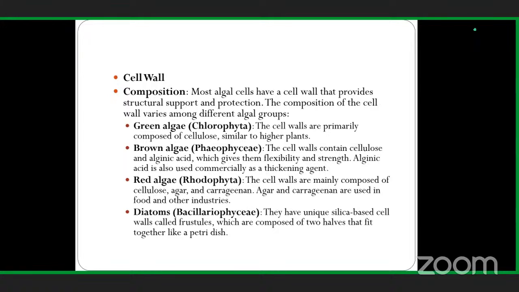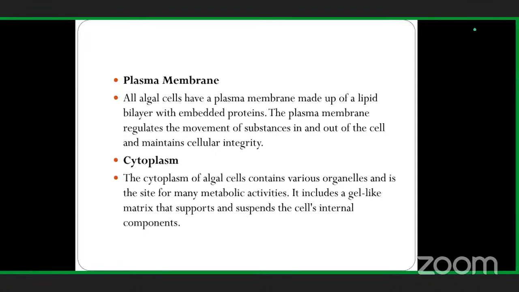That is, it is a silica-based cell wall, which is known as frustules. So it is a very specific and particular characteristic of the diatoms, that is the Bacillariophyceae. So they have silica-based cell walls called frustules. Next, we have also studied the plasma membrane, that it has membrane selectivity, and it is made up of lipid